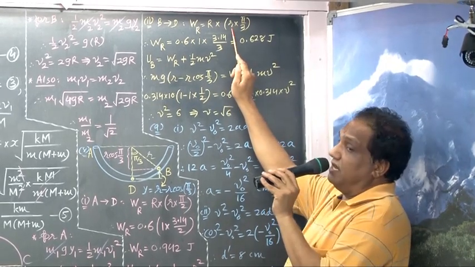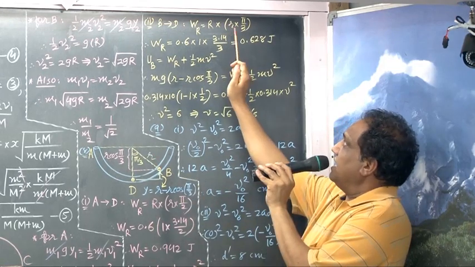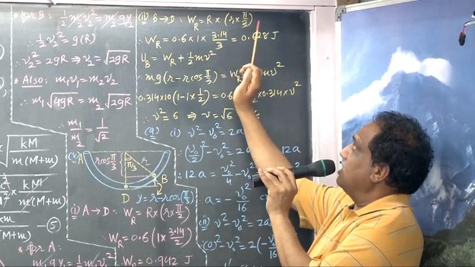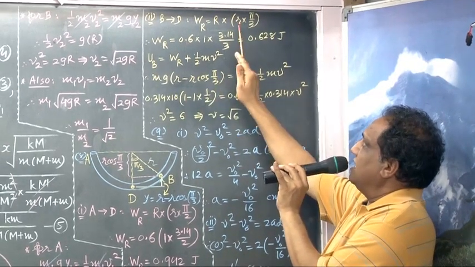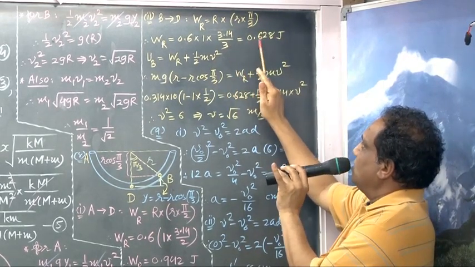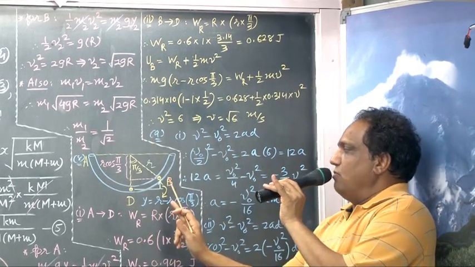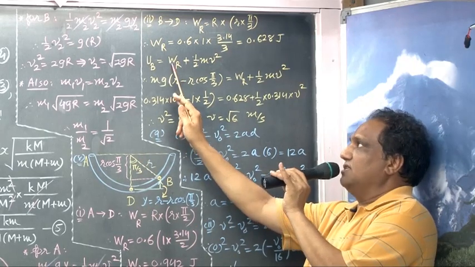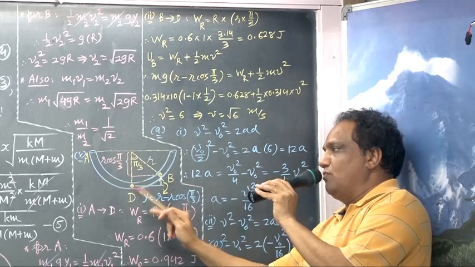Arc of a circle is what? Radius into angle. Radius is r, into angle. Look, this much angle in that figure they had given as pi by 3. This R was found out at the time as 0.6 Newton. Radius is 1 meter. Pi value is 3.14 upon 3. This comes out to be 0.628 joule. But now the potential energy at B is getting converted partly into work done against the resistive force, and the remaining energy is still in the form of kinetic energy while passing through point D.